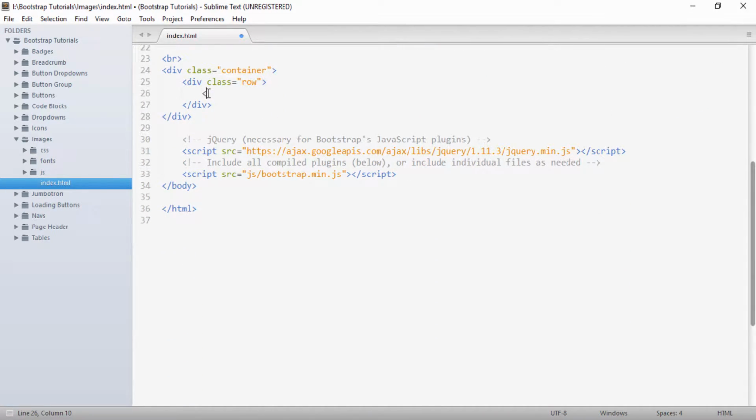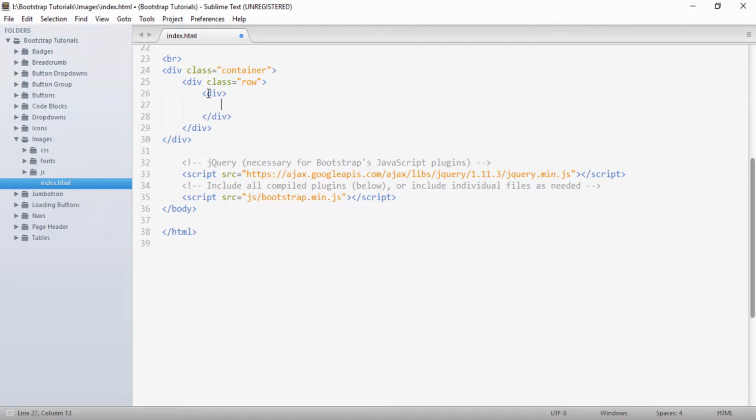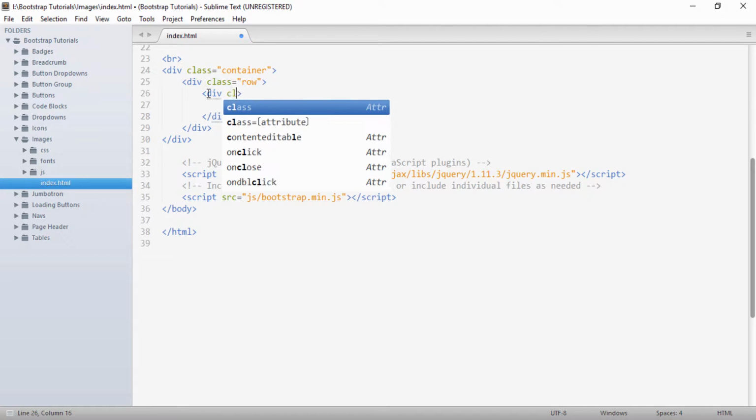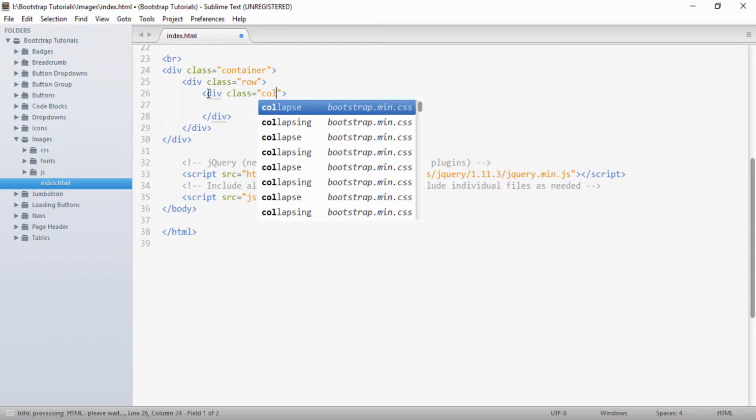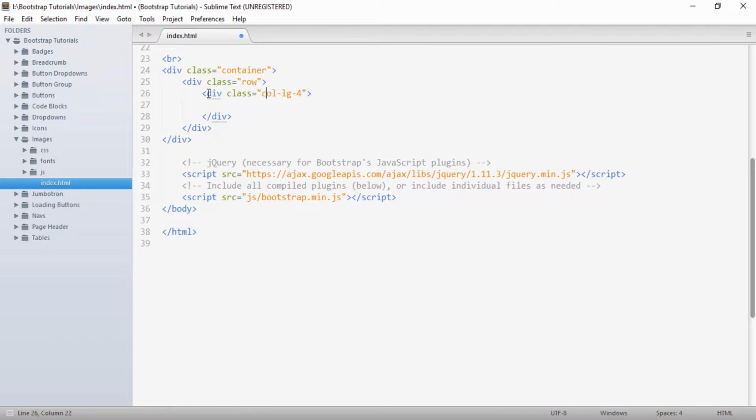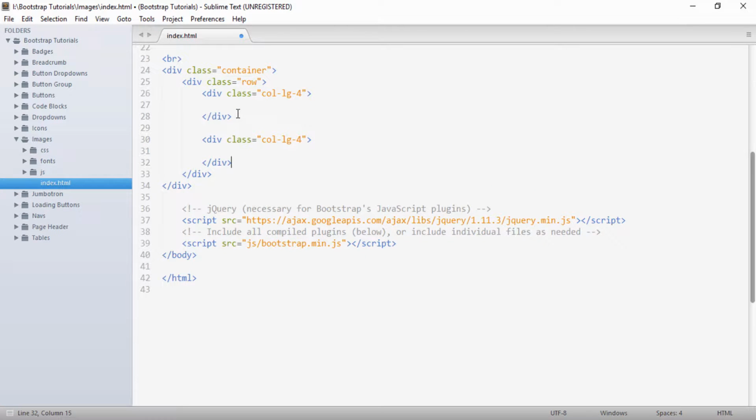First I will create 3 columns of 4 grid width. Class col-lg-4. I will just copy this and paste it below.